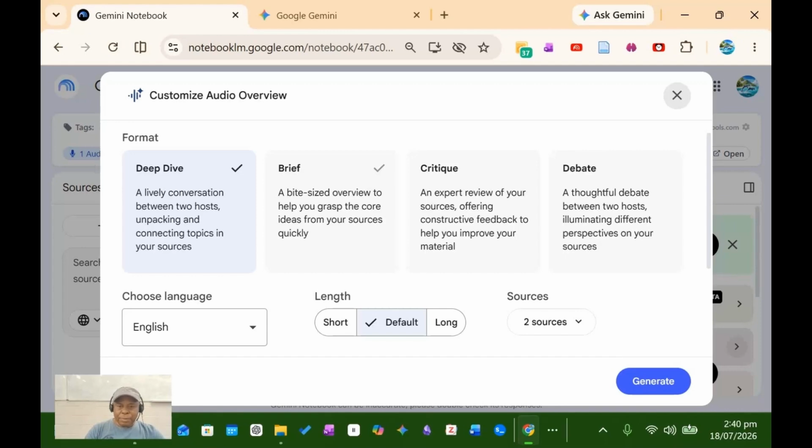Or if you want a quick voice or audio overview of the article, you can select this. Okay, this is the one that I used in the first video, Critic, where I engaged these two experts to